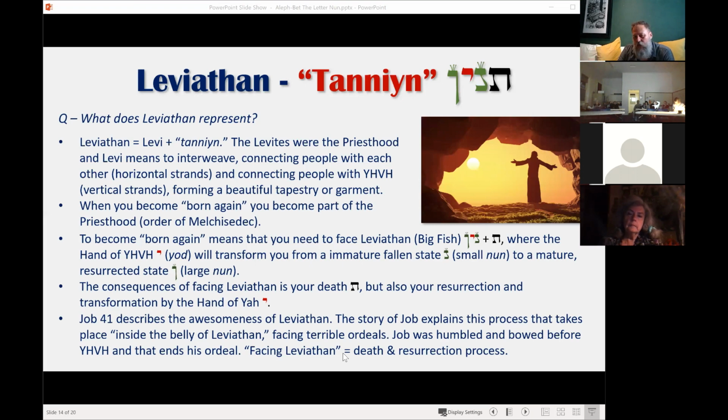It is as if the whole book of Job described the story of Jonah within that 3-day period, all the hell he went through during that 3 days. It also described the death and the suffering of Messiah prior to his death and also within the grave. And that's the whole storyline of Job in another symbolic format. And when he acknowledges the power of Leviathan and Yahweh's power beyond that, that's even greater, that broke that ordeal.